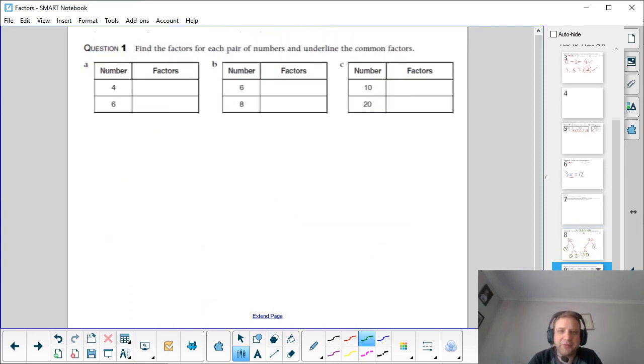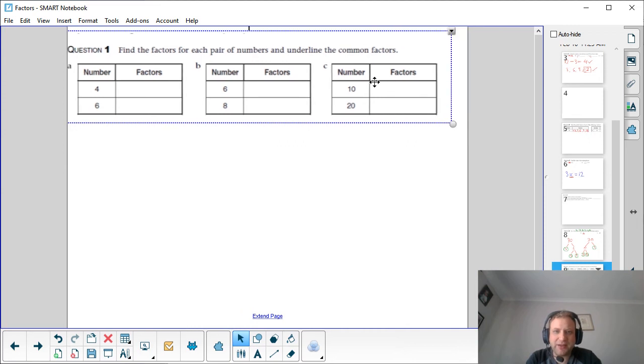The second page of your worksheet takes it a step further. We're now going to be comparing 2 different numbers to look for things they have in common. Really important skill because it helps with things like fractions and ratios when you need to simplify it down. Because if you know what number goes into both, that's really helpful stuff. So what you'll be doing here, you'll be finding factors of each number and